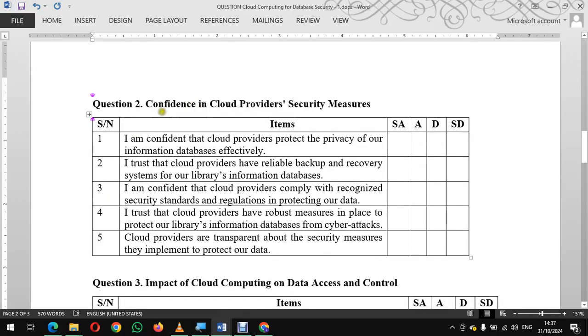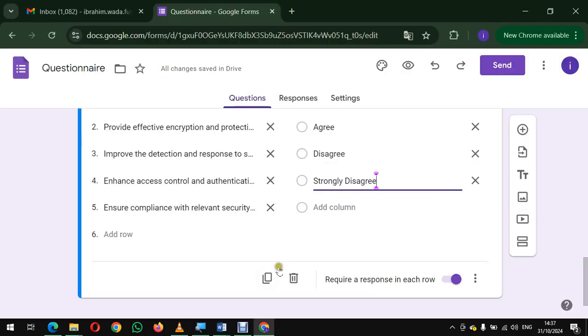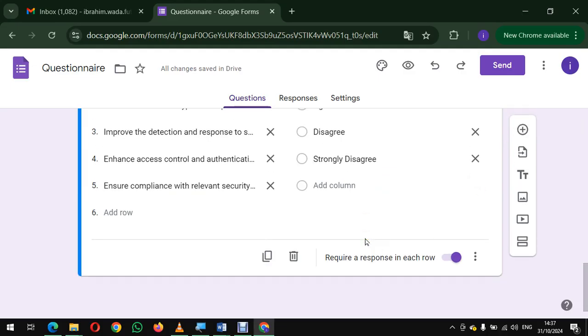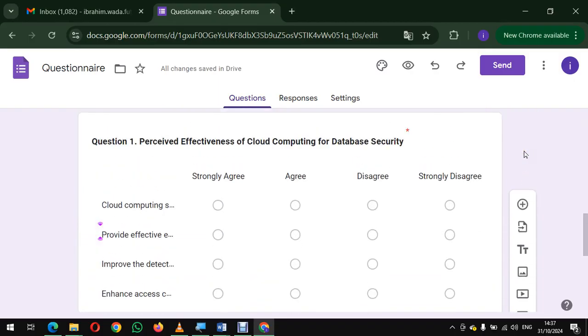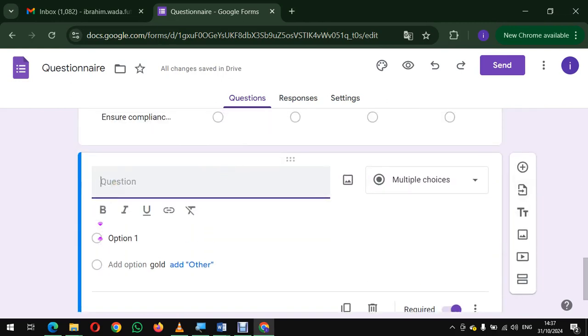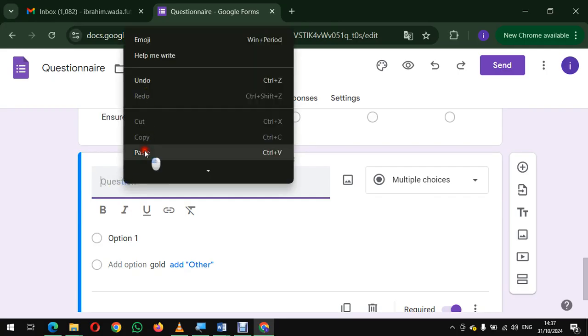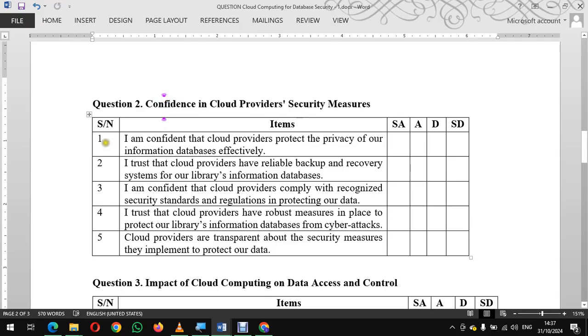In order for me to continue on the next question, this is the next question. All I need to do is to copy the title of the question and come here and click on duplicate, or click on this, whichever one you want. The other one you click on duplicate, but let me click on this one so that you can see. I'll click on this and you can see how it is highlighted. So in this place where you find question, just paste your question 2 with the title, and then you begin to